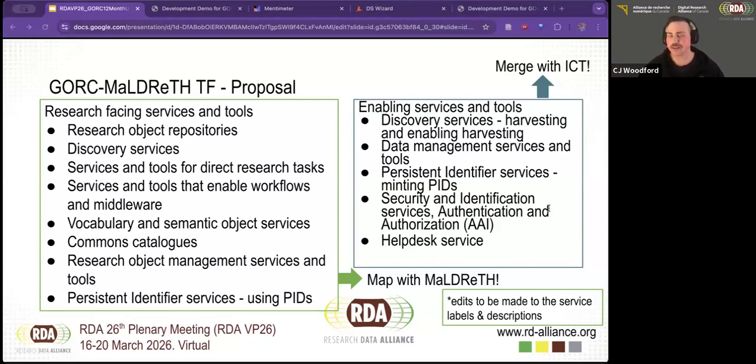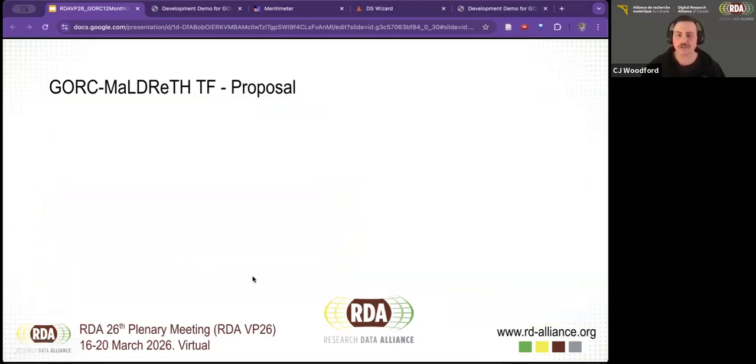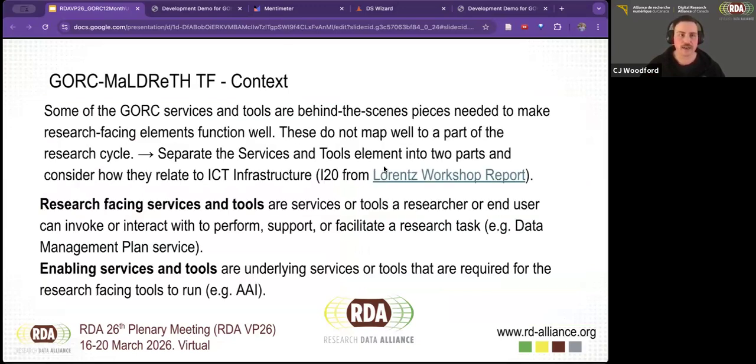So originally, as I mentioned, data management services also being on the research facing side, and a distinction I want to make, and I might go back very quickly to the definition that was on a previous slide, is research facing does not mean researcher facing necessarily. I think that's probably a minimum maybe, but we can discuss that. But research facing is about a service or a tool invoked by the user to facilitate actual research action. So something that would be along that research life cycle.